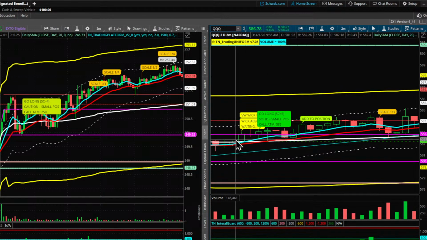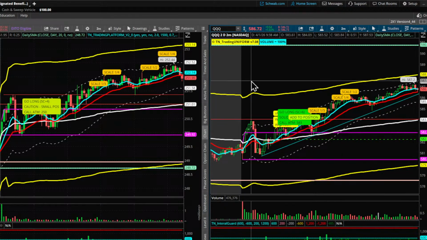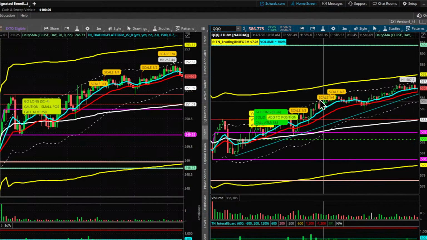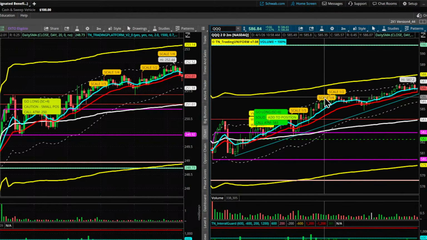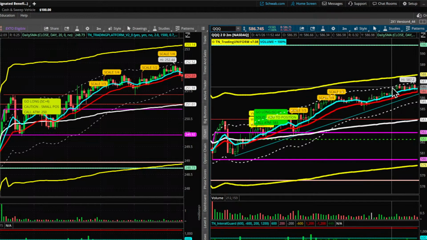But because it saw these two candles before that, it just said, open a small position, even though the score is 6, which is a solid score. Then at about 10:14, it saw the momentum, it saw how bullish this thing is. It said, now you can go full position, add more to your position. And that's what I did at this point. After that, as you can see, the price continued to trend up. And then at this point, it said, listen, scale some out. So I scaled about a quarter of my position and just try to ride